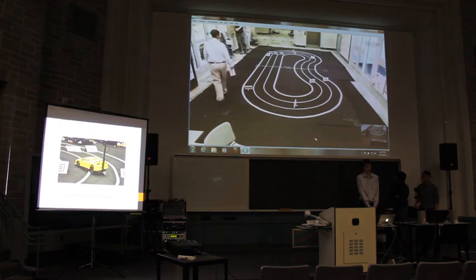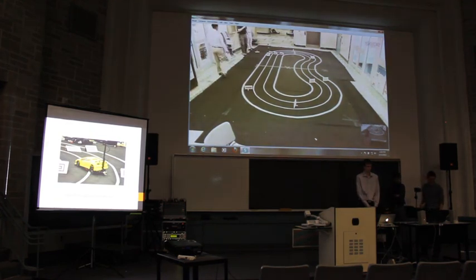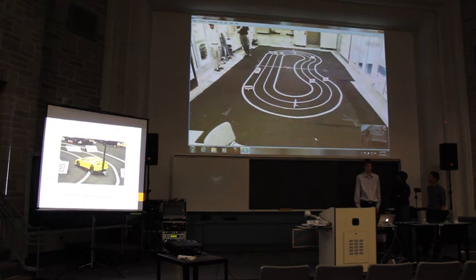So in this case, we're again starting the car off in the outer lane. And again, we're not giving it its heading, so it doesn't know exactly where it is on the track and figures it out as it goes along. So as we approach this first obstacle,